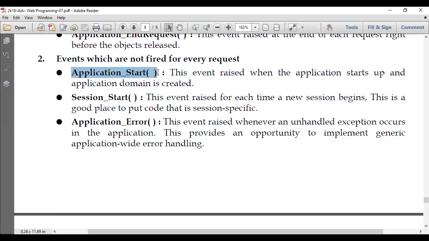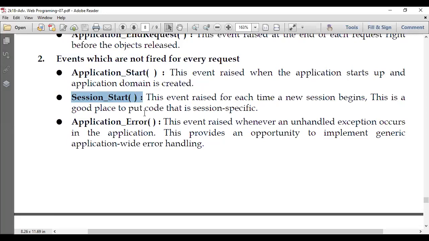This event is raised when the application starts up and the application domain is created. Application start means whenever the user starts the website or the web application starts, this event is called. Session_Start: if you are not maintaining the session at the page level, you can also use it in the global.asax file, Session_Start.